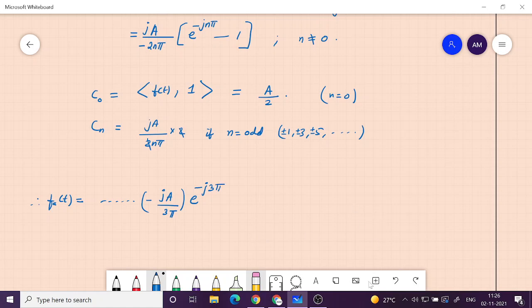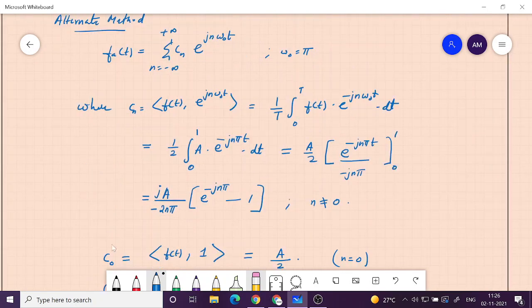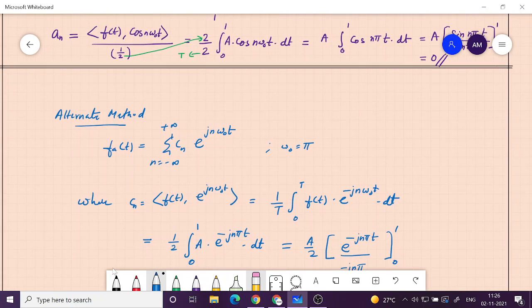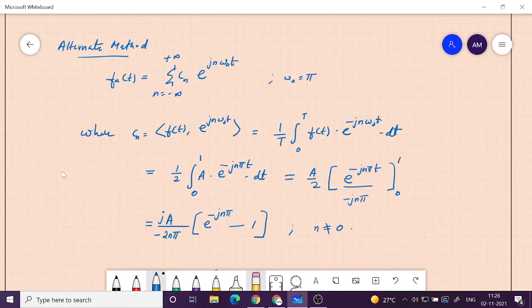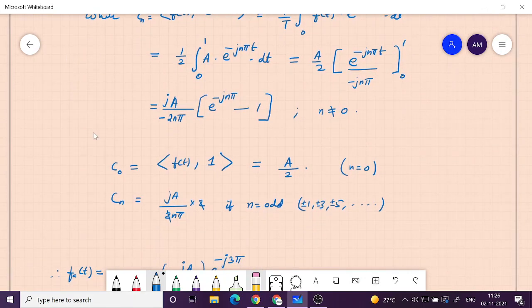So we are doing this expansion, substitute the value and then put the corresponding function, multiplying with the corresponding function. So when n is equal to minus 3, it will be e raised to minus j 3 pi t, because omega 0 is pi. And Cn value comes from this formula, Ja by